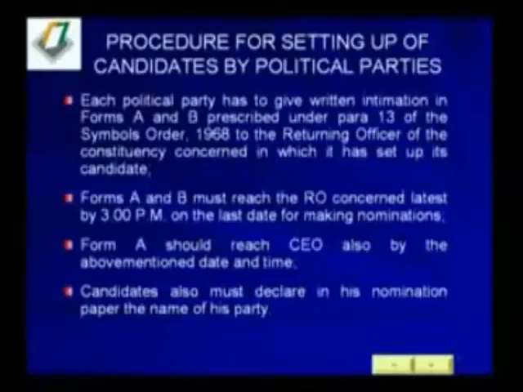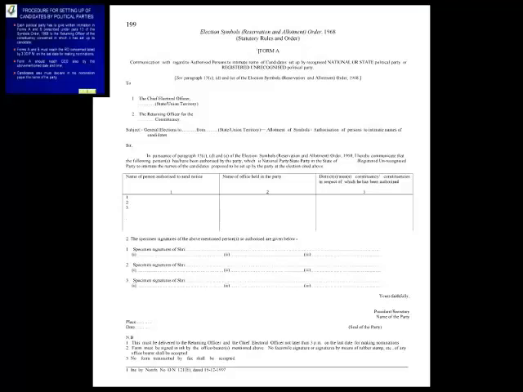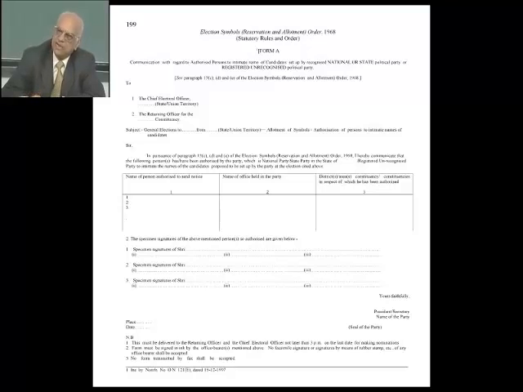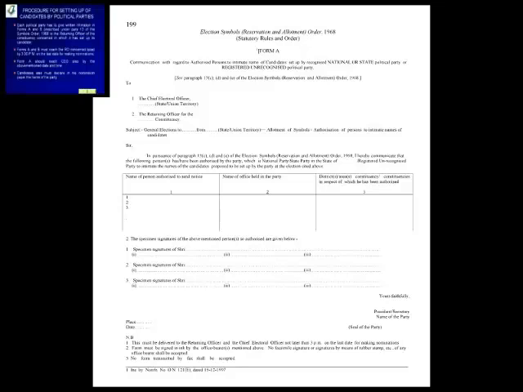Firstly, every party has to intimate the chief electoral officer and also the returning officer in a form which is known as Form A, that for your state we are authorizing, say, the state president of that party as the person who will be telling you who is going to be our candidate in constituency A, in constituency B, in constituency C. So they have to first intimate the authorized office bearer of the party, who in turn will be telling you that in this particular constituency he is the candidate of this party. So that is known as Form A.